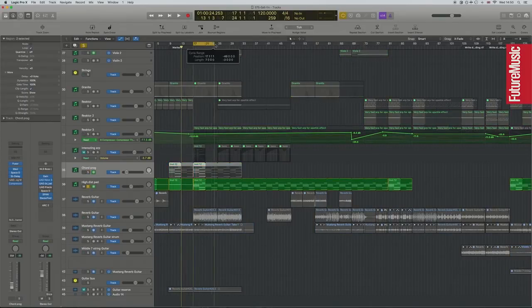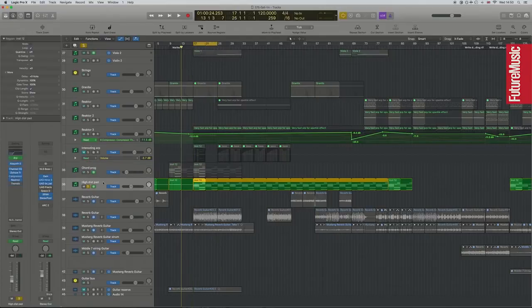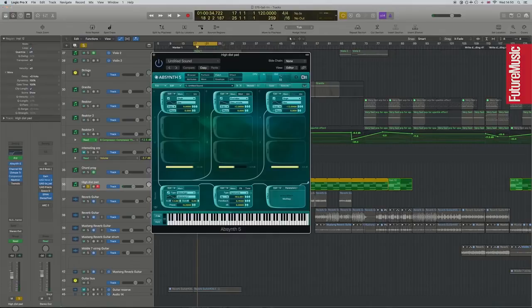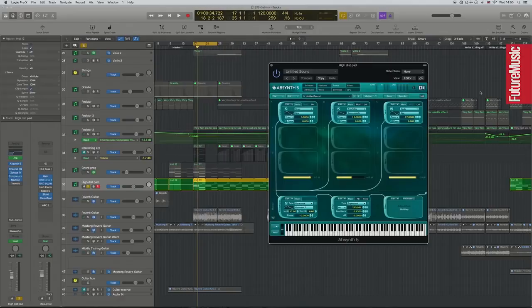This synth, which feels like the high end, is Absynth. It's quite a basic use of Absynth. If I unfreeze this, we'll be able to have a look at it. It's just 3 oscillators, different waveforms, well actually 2 sine waves, one sine wave being an octave below. Some wave shaping, again going through a comb filter to get a more metallic sound, and then going into a multi-tap delay, I believe it is,